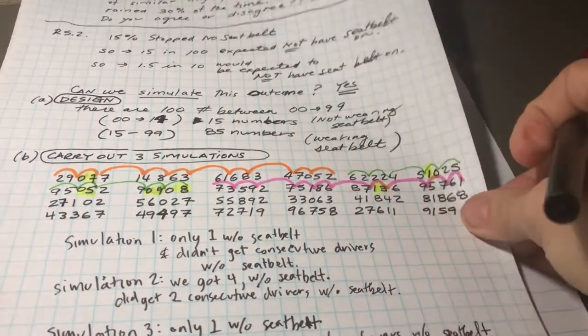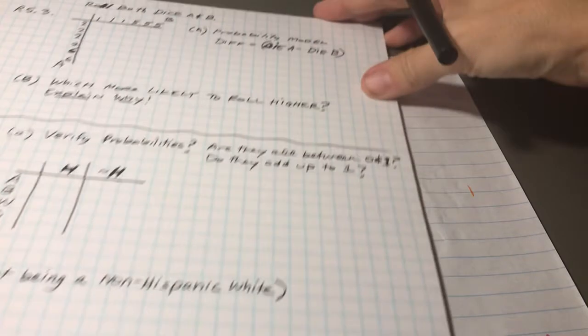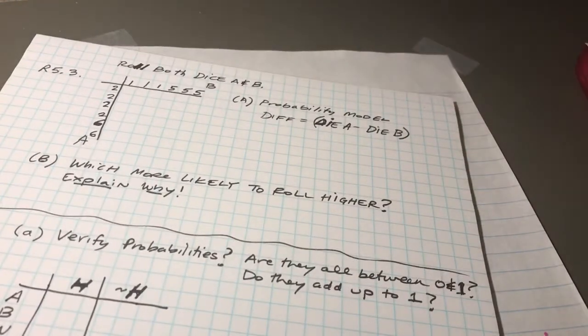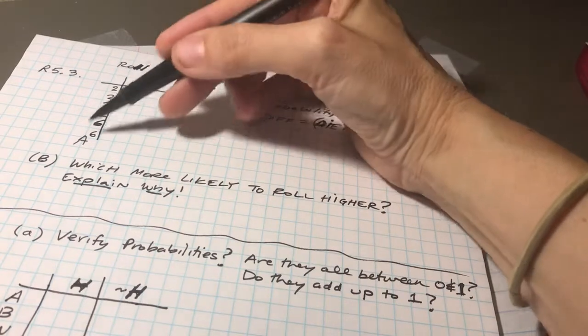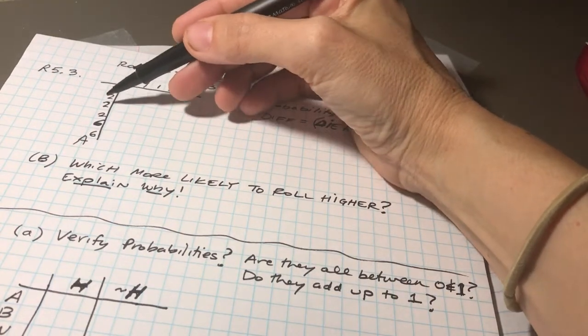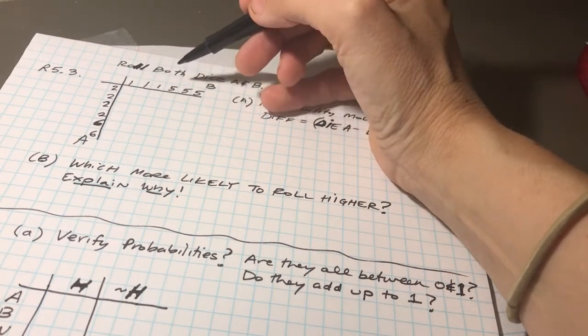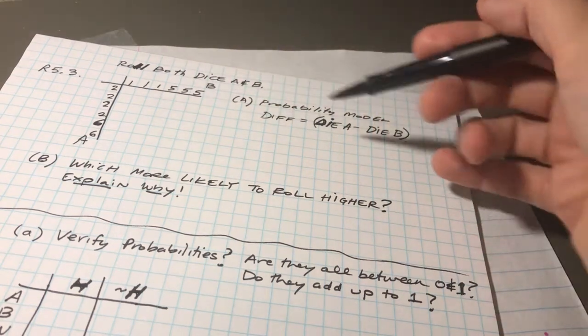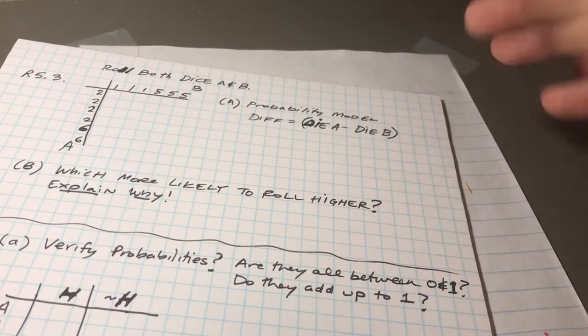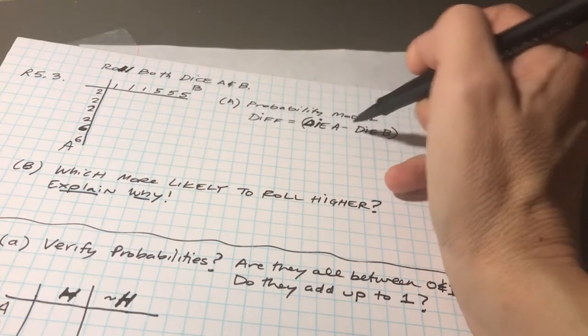Okay. Now our next question is a rolling of the dice. So let's see if we can figure this out. It says, we rolled 2 dice, a dice A and a dice B, and they're weird. And I actually have dice like this. They have little stickers on them, and I can make the faces whatever number I want. So they made dice A a 2, 2, 2, 2, and a 6 and a 6. They made dice B a 1, a 1, a 1, a 5, a 5, and a 5. And they've asked us to build a probability model and figure out the difference between the 2 dice.